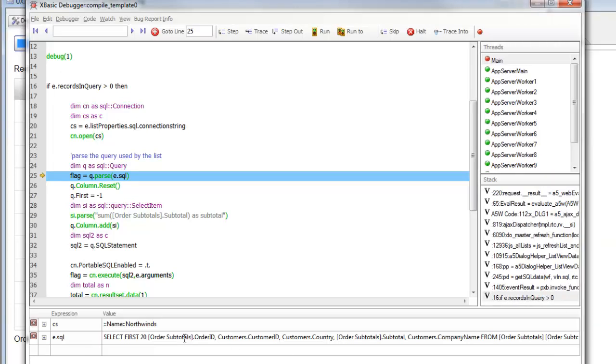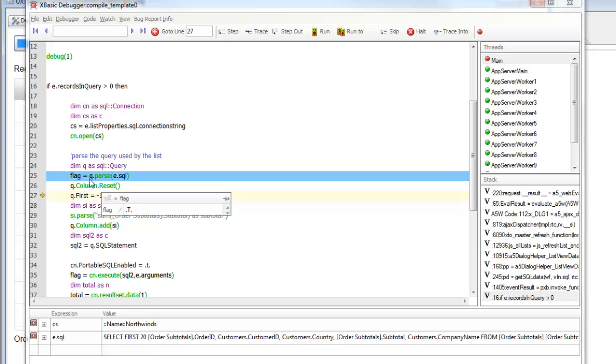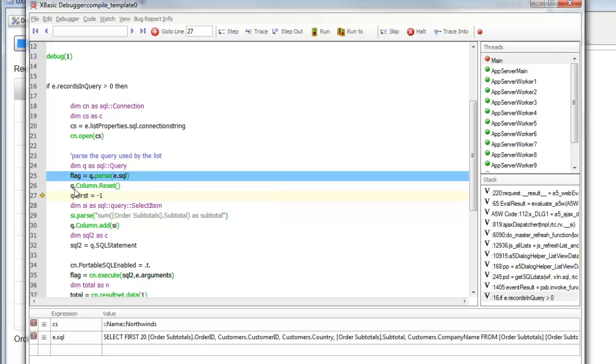And then here's the SQL query that we defined when we were in the list builder. And you can see that at the end of the query we've got our where clause that is being used to filter on the current country. So now we're going to pass that SQL statement and then call column.reset. So if we were to look at the q.sql